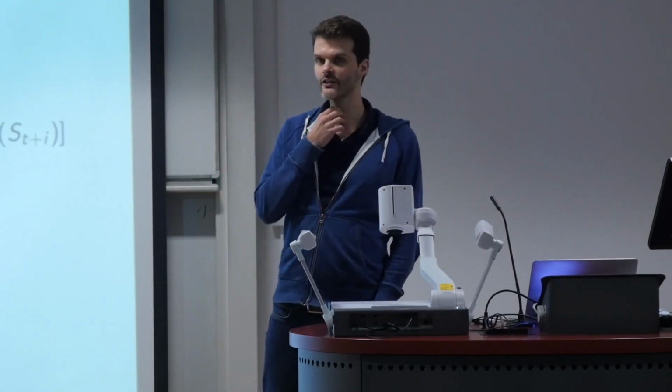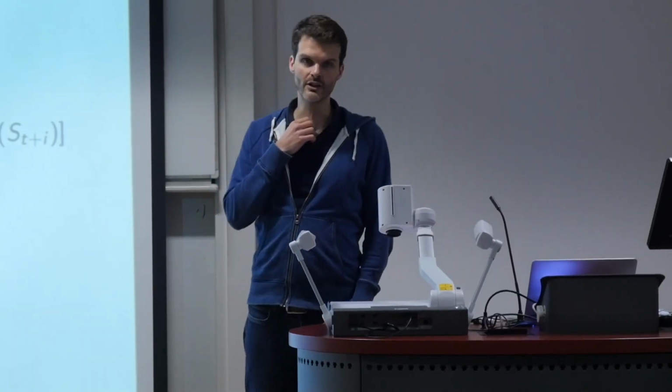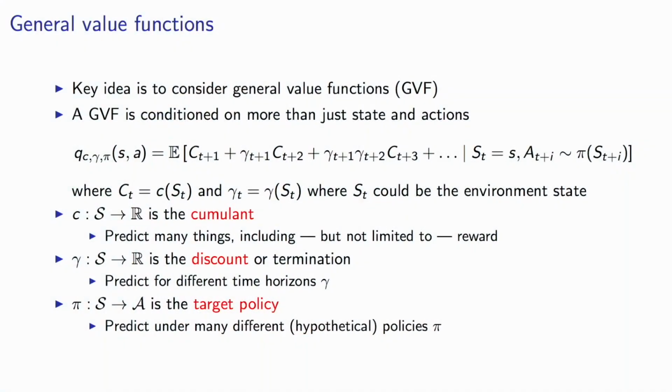We're going to define something C, which is a cumulant, which is there in the subscript all the way at the left. A gamma, a discount for this cumulant, and the policy that we're considering. Now one thing that we already considered is if you just take your cumulant to be a reward function and your discount function to be the standard discount, maybe it's undiscounted, who knows. We already discussed you could learn about different rewards. You might use, say, importance sampling to do that in practice. It might be an interesting question: what would happen if I would follow this reward?